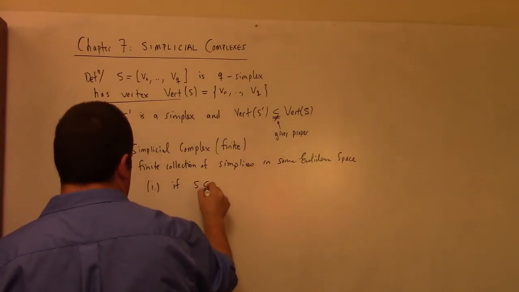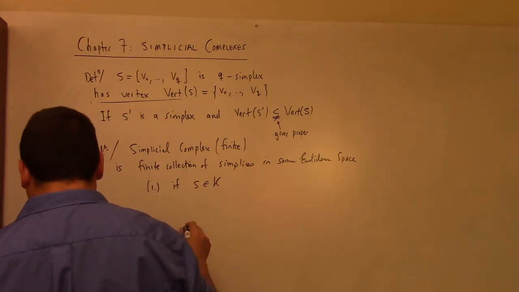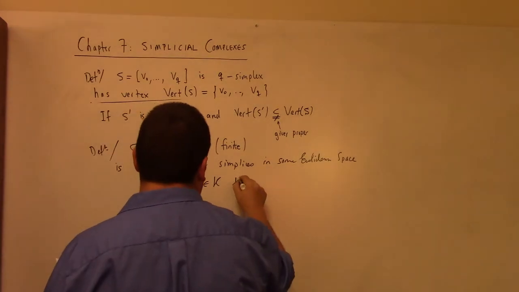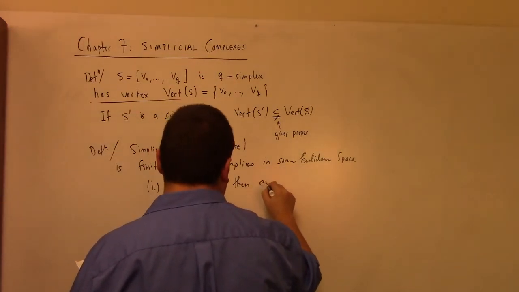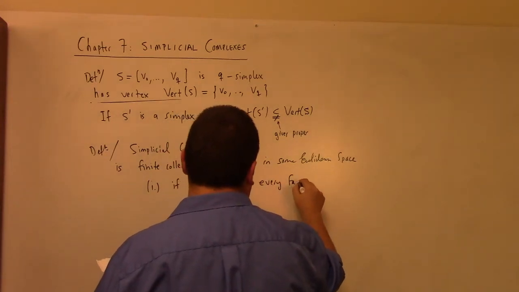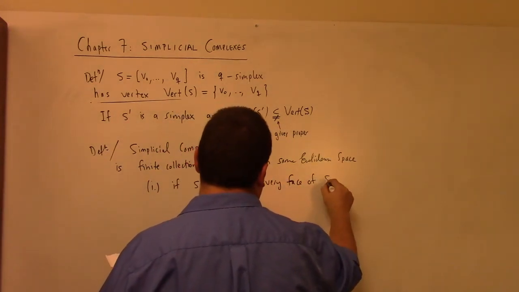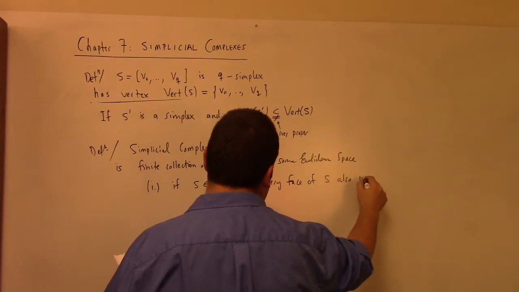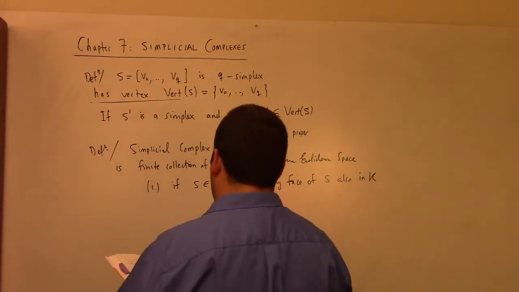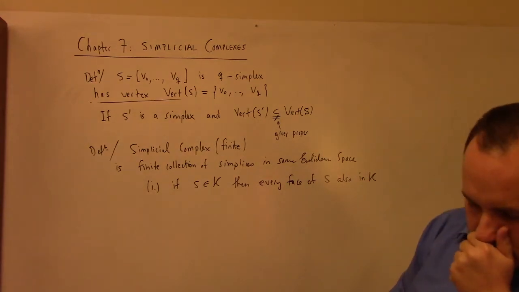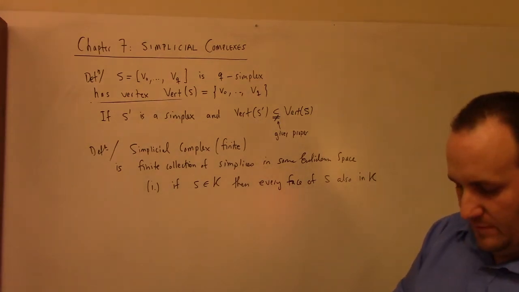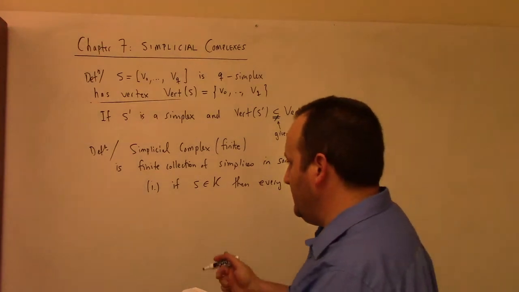If S is a simplex in the simplicial complex K, then every face of S also belongs to K. So it's got all the faces for each simplex which is in it. And two,